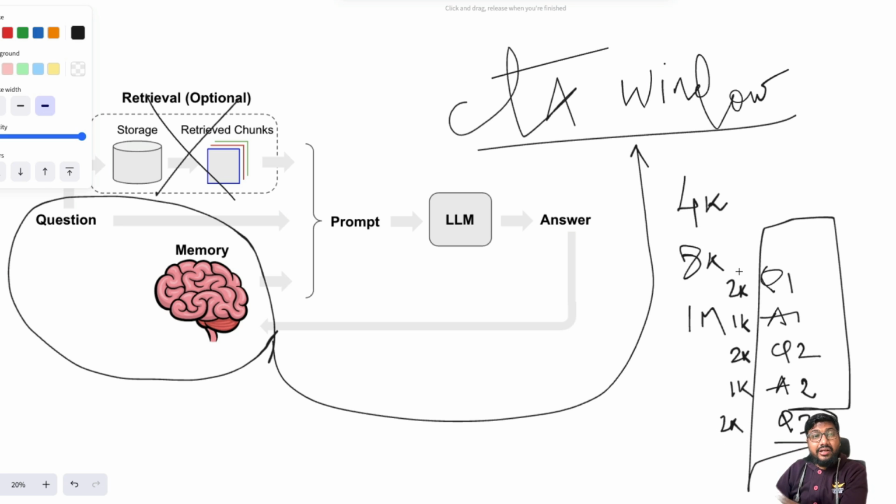So at the end of the day, when you are hitting the third level of conversation, I'm kind of exaggerating, but let's say 2 plus 3, 2 plus 1, 3, 3, 6, 8. So you've already hit 8K. So conversation context window. If you have got an 8K token model, at this point your model will hit an out of memory error, or it cannot hold it in short-term memory. And that is exactly why you need